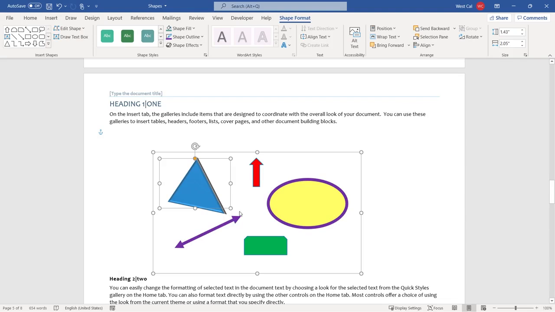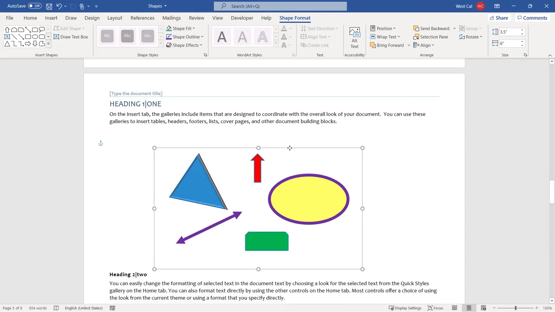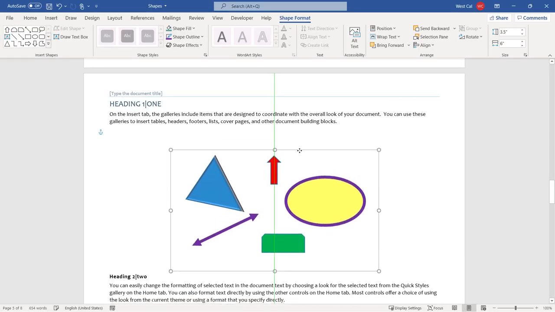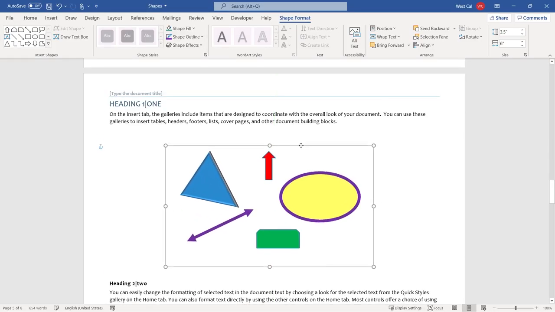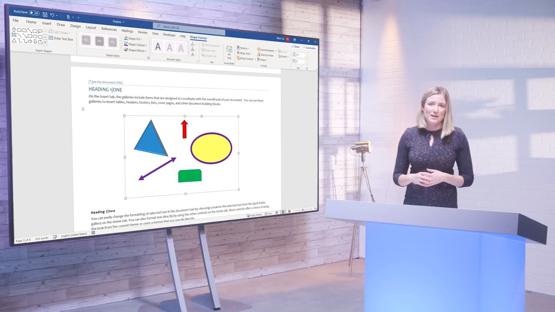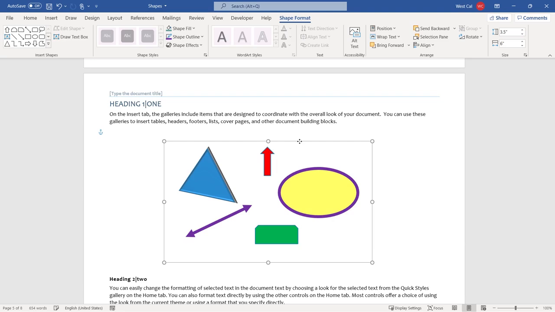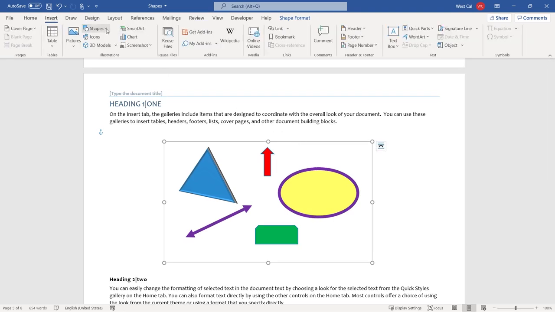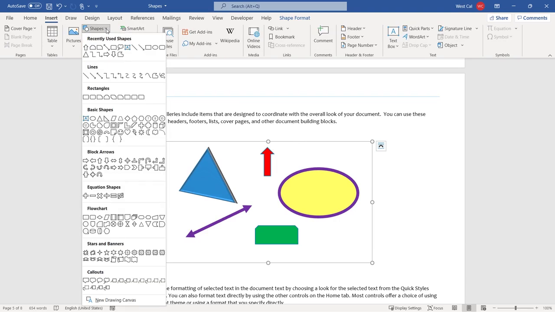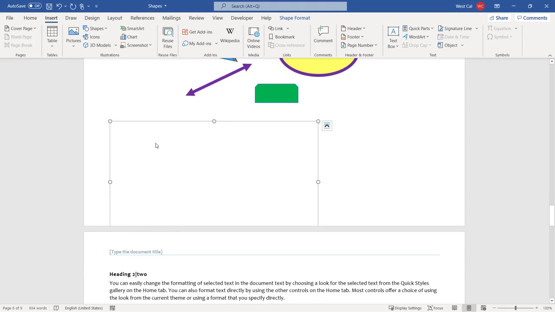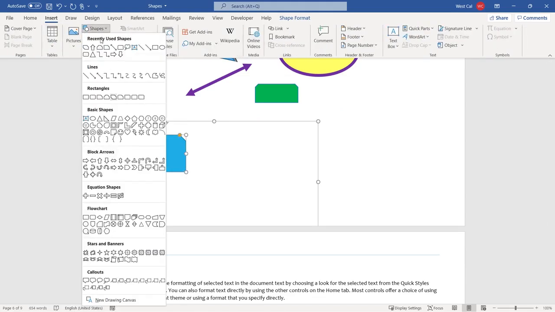Have you noticed that this box of shapes can move around as one unit? It's called a drawing canvas. This is like a container for shapes in the Word document. You can add multiple shapes to these canvases, and they can be useful for organizing different shapes within a document. To create a drawing canvas, simply select the Shape drop-down menu on your Insert tab. Then scroll to the bottom of the menu and choose New Drawing Canvas. Simply add whichever shapes you like to this newly inserted canvas, and restyle the shapes using your different fill, outline,